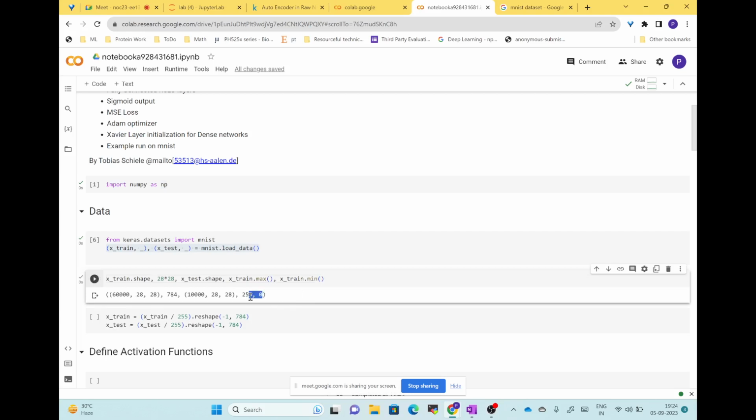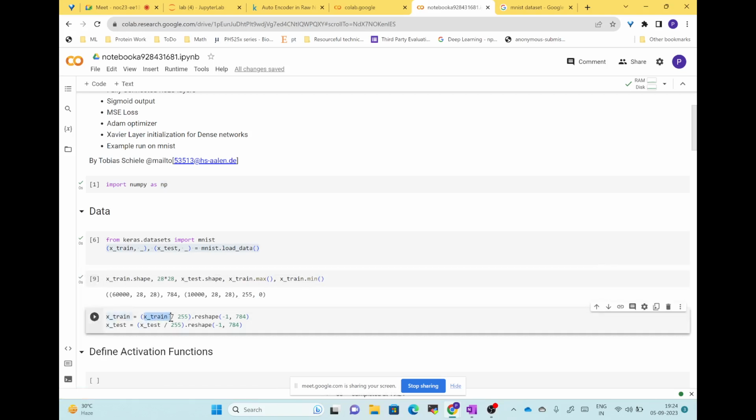So 0 is the minimum value in the x train matrix, and each image pixel is in the 0 to 255 range. So they divided the image by 255 to make it 0 to 1 range, and they reshaped it. If you call this function on the matrix, it will reshape it to 784 dimension. That's why when we run this,